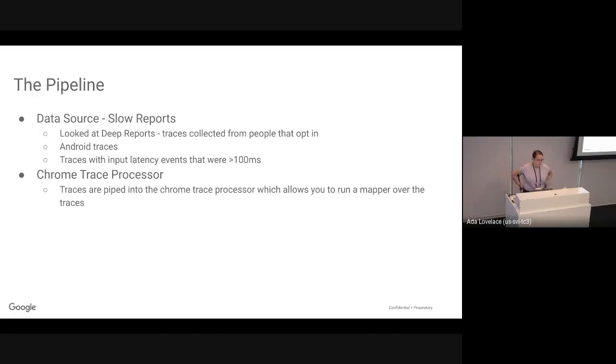And so we took slow reports and we piped them into something called the Chrome trace processor pipeline, which exists in Catapult. Here you can have a model of a trace that you can call functions on and process with JavaScript. I think deep reports and slow reports are being deprecated, so this is not a replicable analysis, but